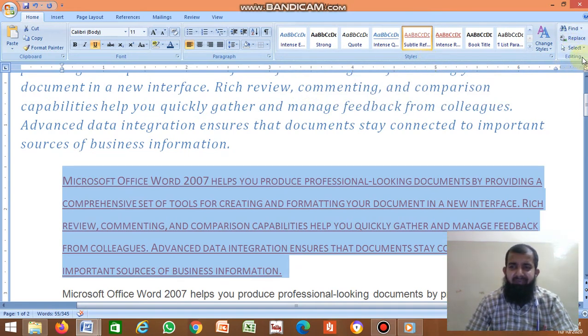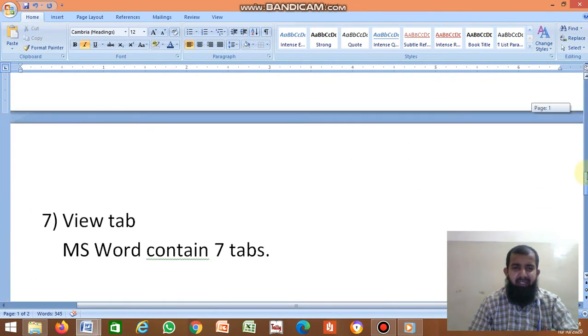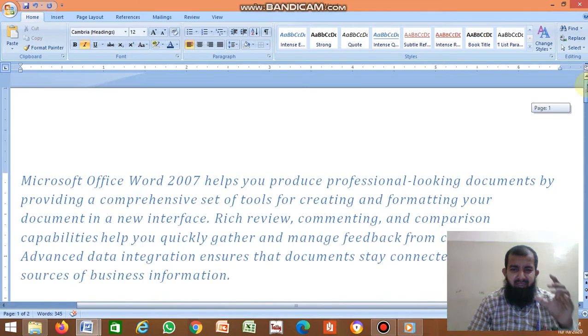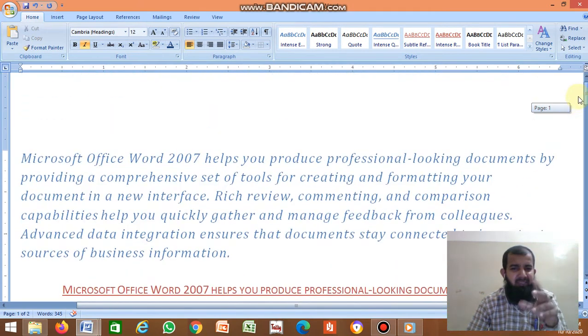Next, editing. The last group in the Home tab is editing: find, replace and select. Find means, assume there is a lot of text and you want to find a word. For example, you want to search for the word feedback.